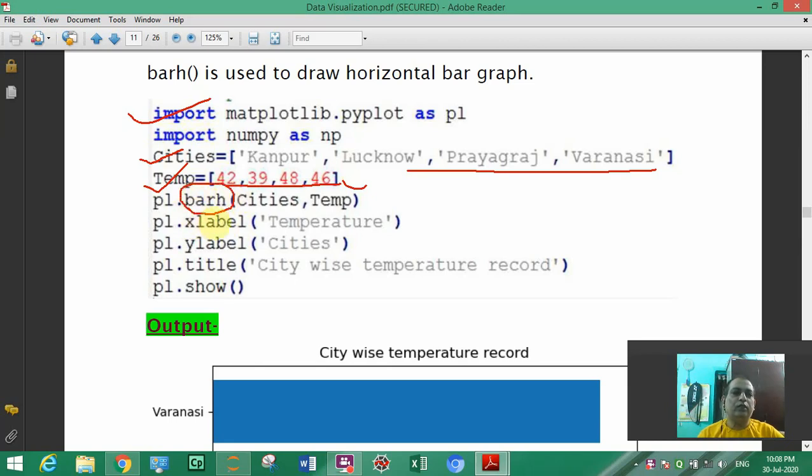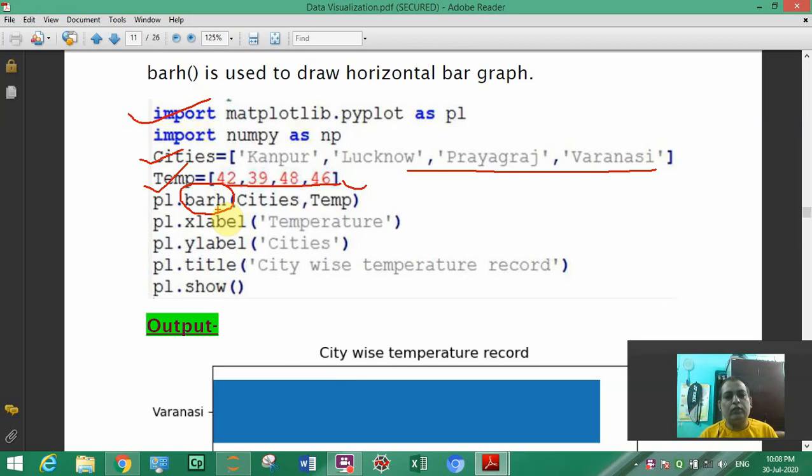To create a horizontal bar, there is no miracle, we just have to change bar to barh. barh denotes that the bar will be created horizontally. Without h, by default it will create vertically.